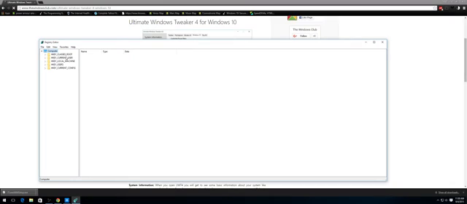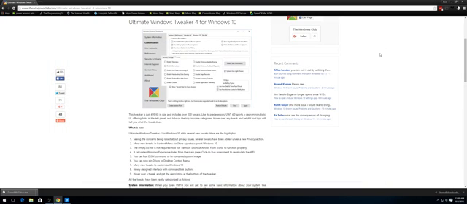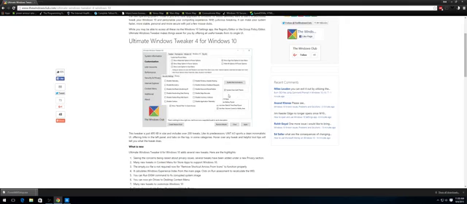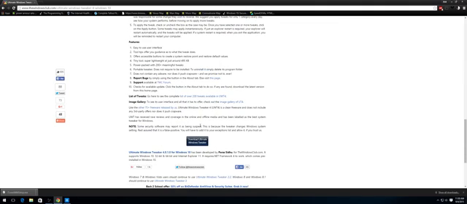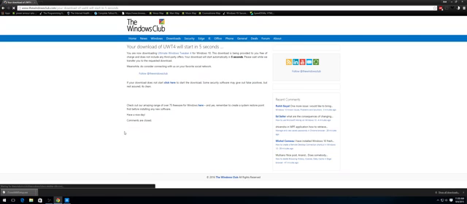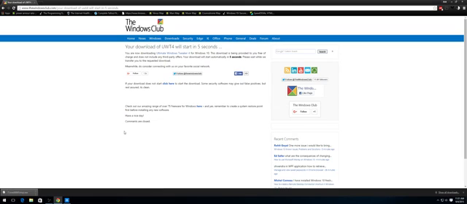Now, going one piece by one piece actually takes forever because look at the amount of things there are in here. You could do that, and basically tweaking the registry lets your Windows run faster, boot up faster, do a lot of things way faster than what Microsoft intended it to be. It's a pretty cool thing, but people, especially enthusiasts, create tools to do all this stuff. So you're gonna want to download this Ultimate Windows Tweaker because it's basically an easy way to modify the